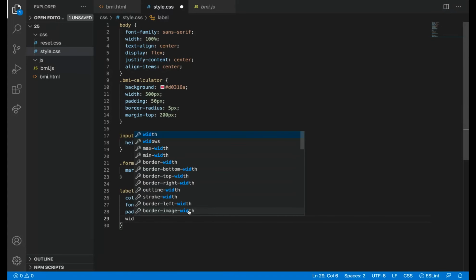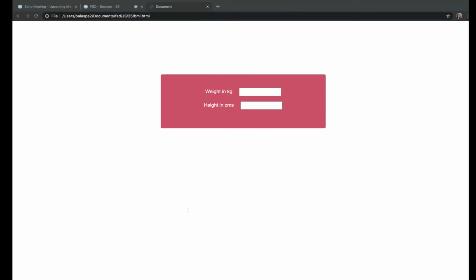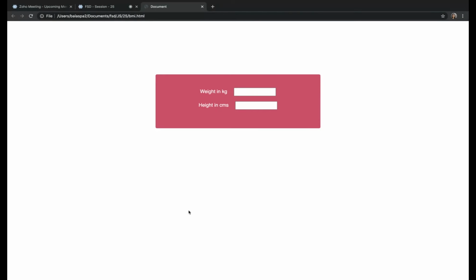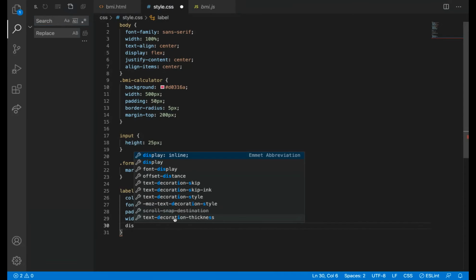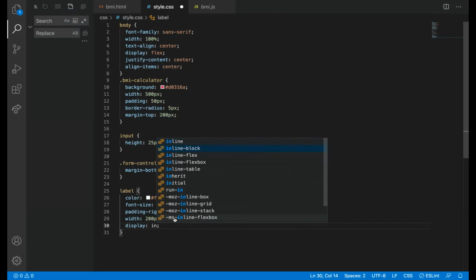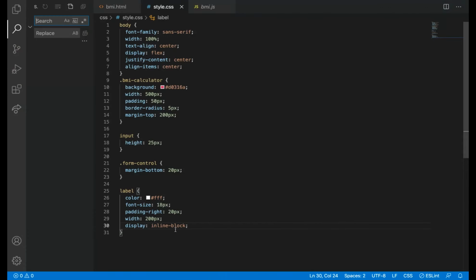For label, I'm going to give some width. Label display inline-block, I'll say 188.